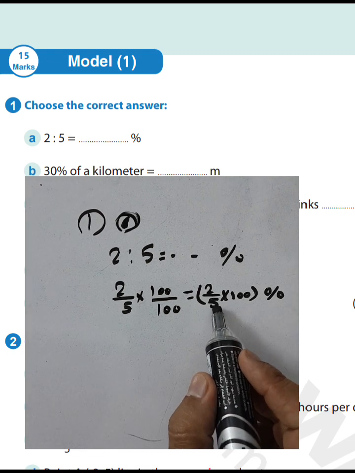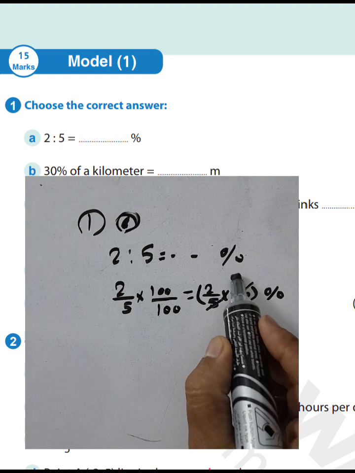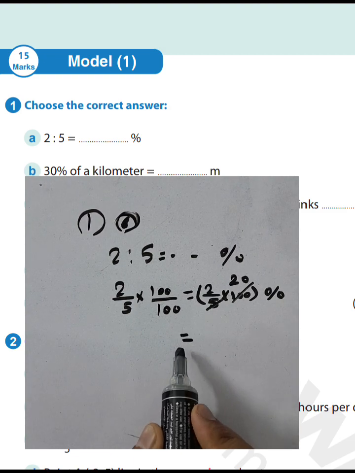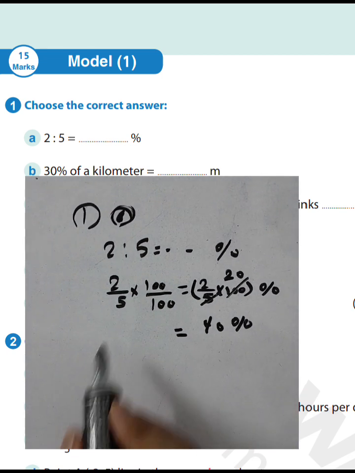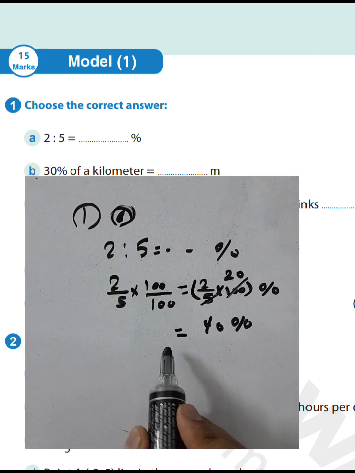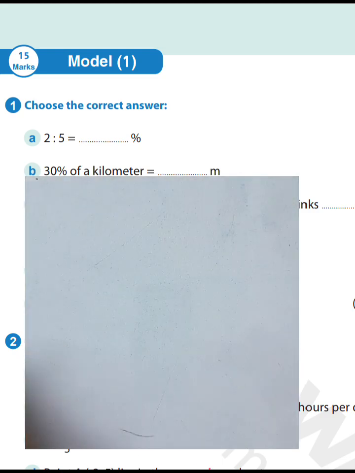2 over 5 times 100. 100 divided by 5 equals 20. 20 times 2 equals 40, then the result will be 40%. Question letter A, write 40%. Okay. Question letter B,